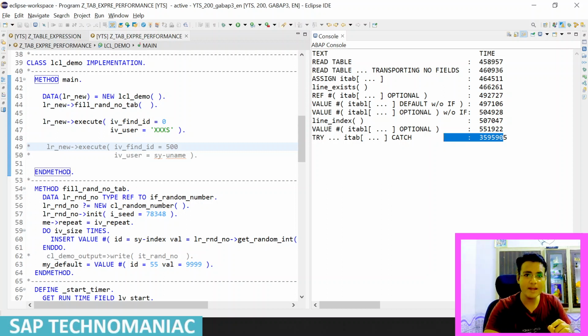So you have to make sure, take your judgment and use it, but it is a very minor difference. As I am repeating again, it's a very minor difference. Even if I am reading the same syntax 10,000 times, it's only taking 0.45897 seconds. It's in microseconds. So you have to take your judgment before using that. I hope